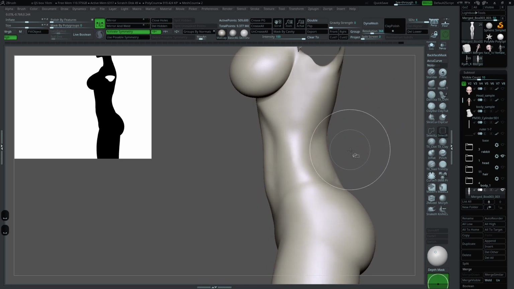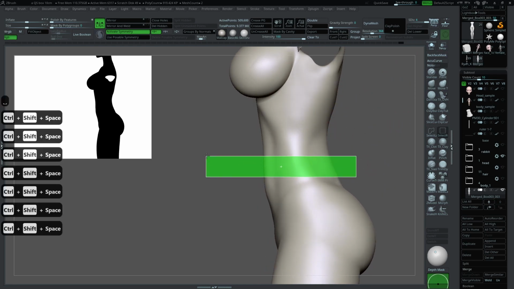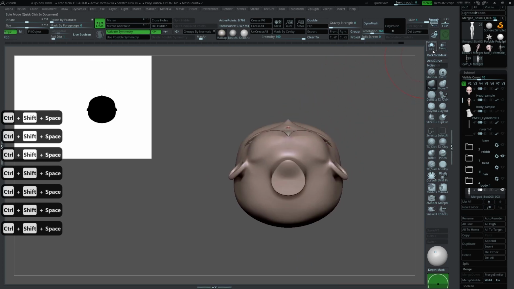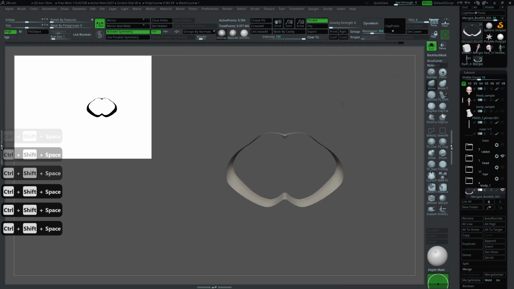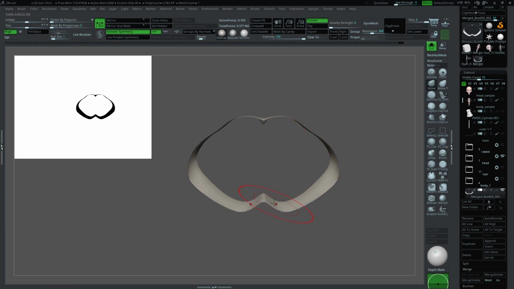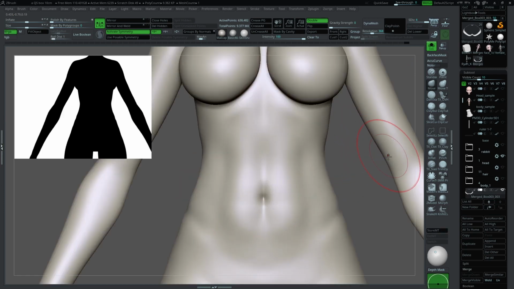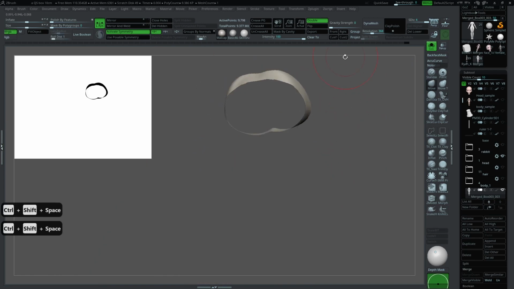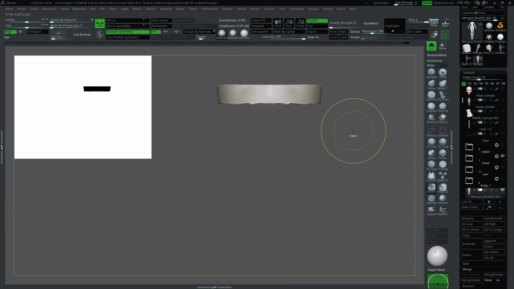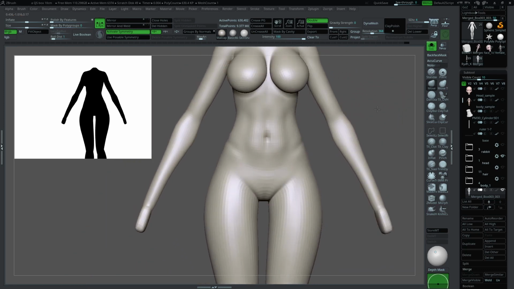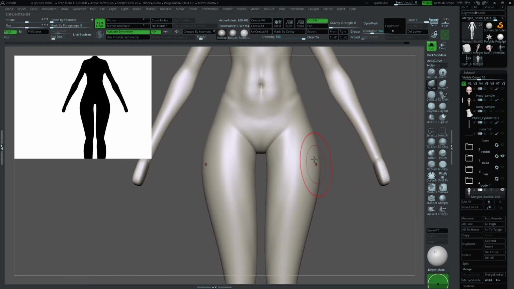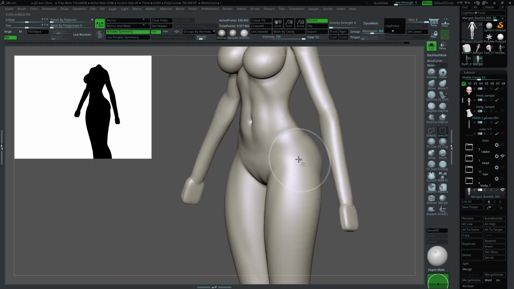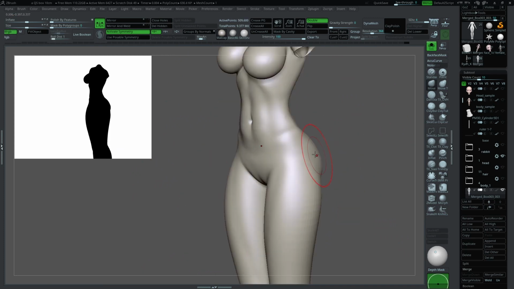As you can see here, the intersection for the waist area will look like this. If I solo this and then double, it will look something like this. Usually by seeing the intersection of your model like this, you can understand the anatomy better. So now let's work on this butt area